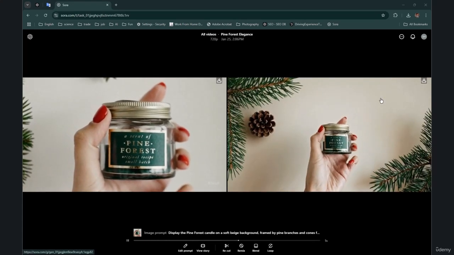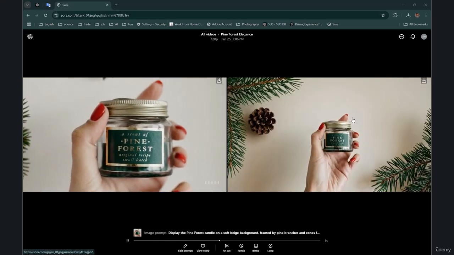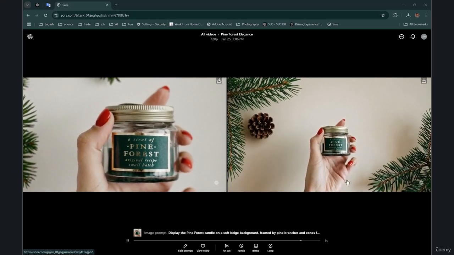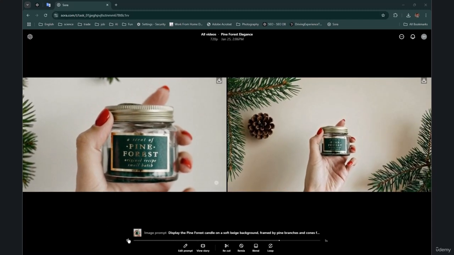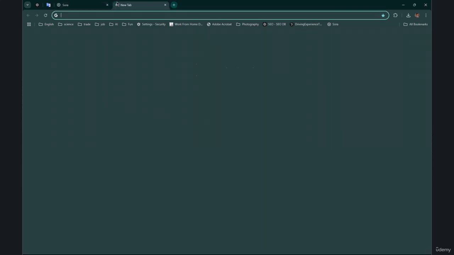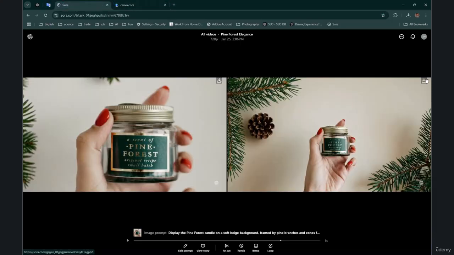You see, it is great for times when you have a picture of your product and you just send it there and then get the changes you want. Or for example, in the second shot, you can also explain a couple of things at the top of it, right? Send it to Canva and start editing it. It's really awesome. You see, now we can go with Canva, download the video,